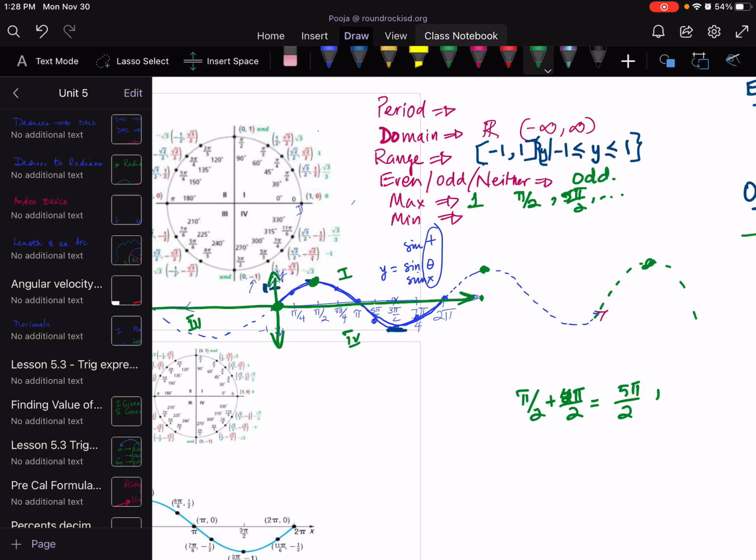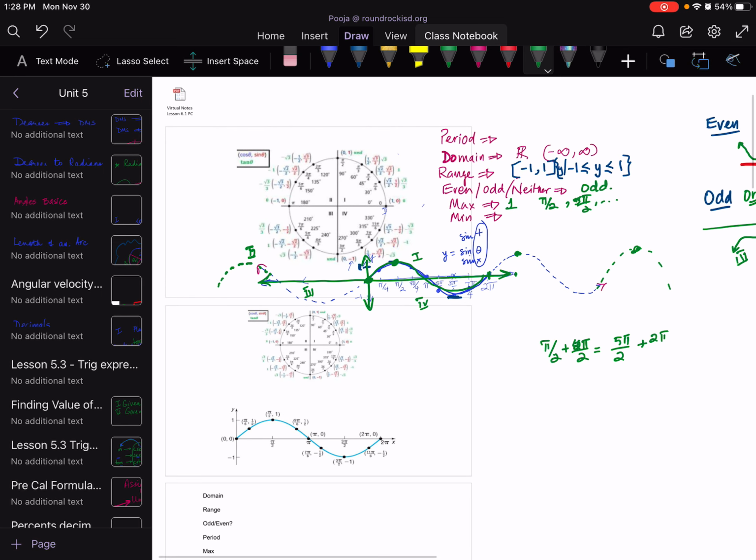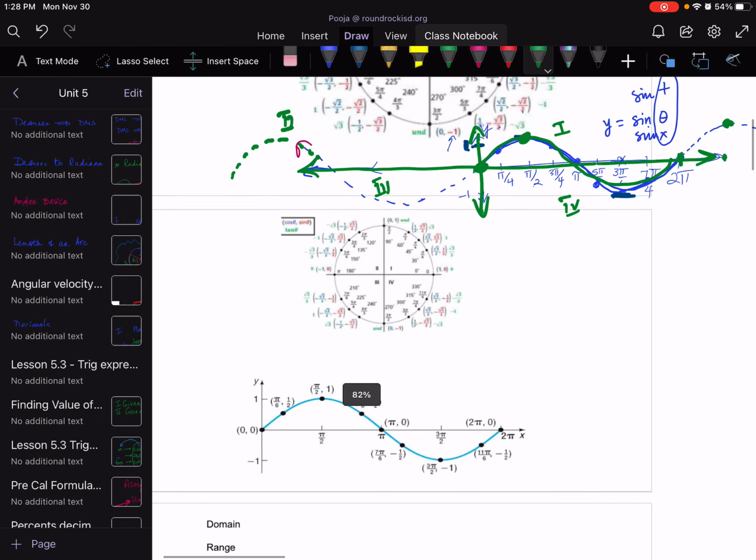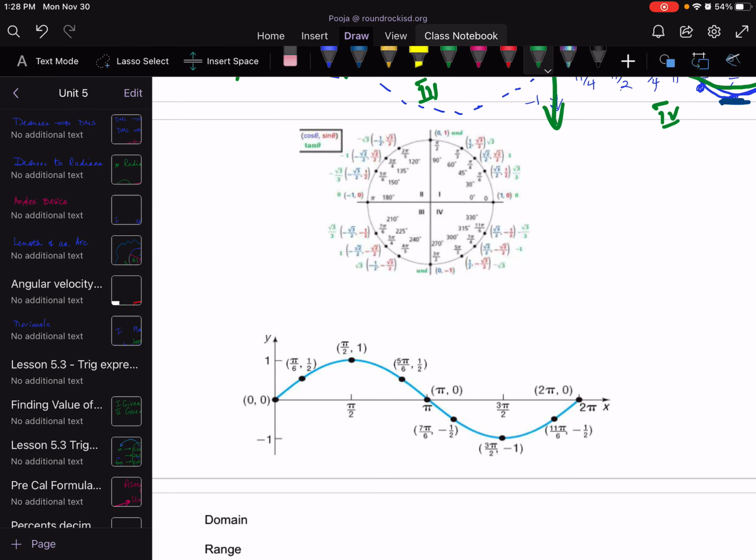And to find the next one now, I'll keep adding 2 pi to it. Why 2 pi? Because the period of this function is 2 pi, which means it repeats itself every 2 pi. So that's that, all right? This is the second slide. Hope you kind of understood how this is derived from the values of theta and the corresponding values of sine